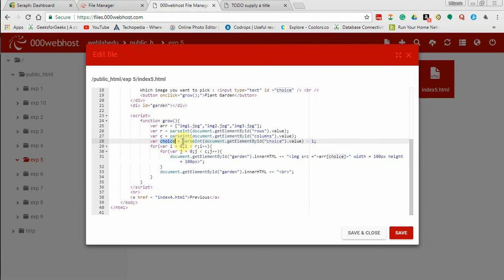So here we have written parseInt(document.getElementById choice dot value) minus 1. Why this -1? Actually, array starts from 0, 1, and then 2. So this -1 is to make 1, 2, and 3 match. The user will enter, suppose, 1. He wants the first image. Instead, if we don't put this -1, the program will consider 1 as the second, so it will display that one. So just to make the choice of the user